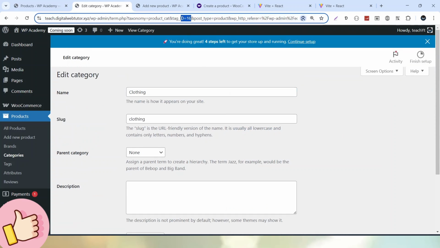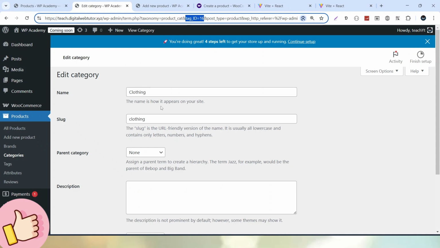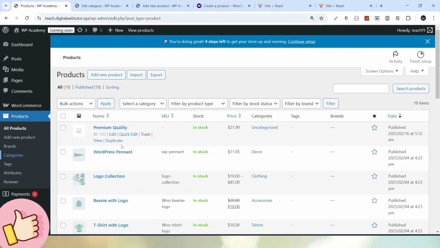So inside this URL, we can see tag ID equals 16. So 16 is nothing but the category ID. So I want the product I am creating to go inside this category, clothing. So simply let's pass here the 16 value. Now the category is fixed. Now I want to fix one more thing, like here we can see inside this premium